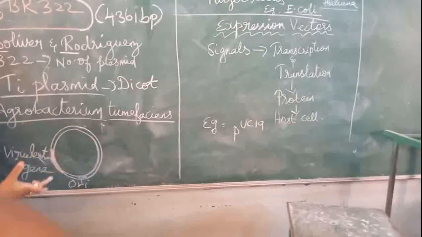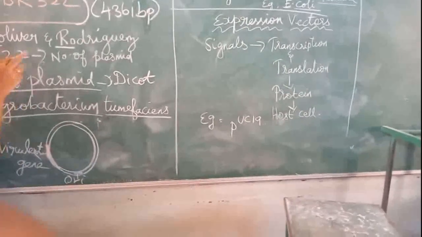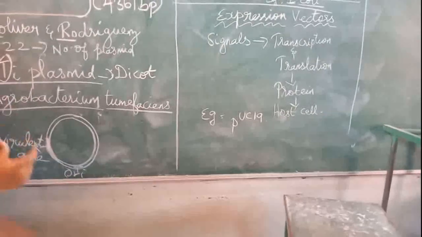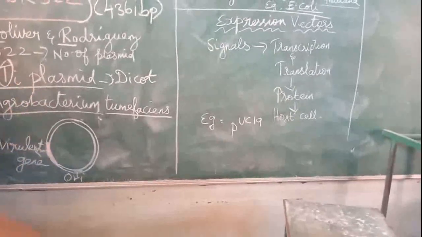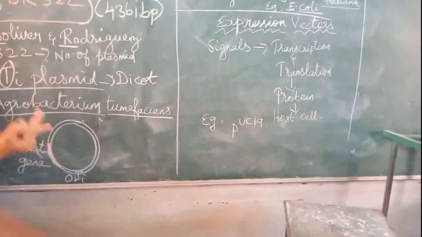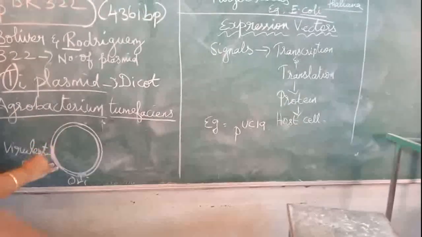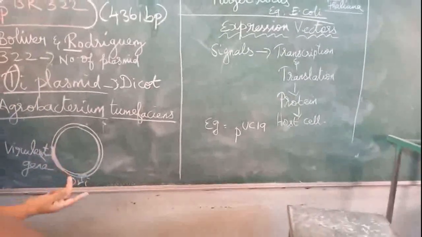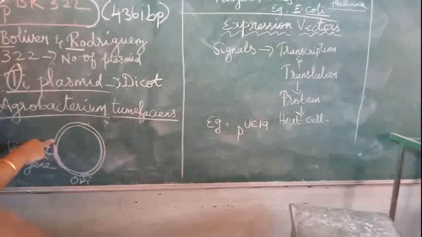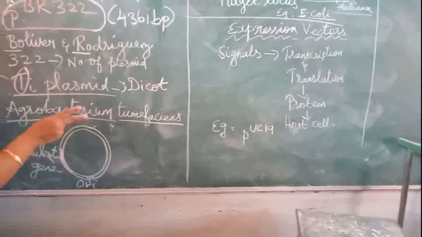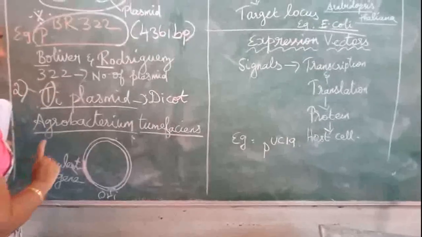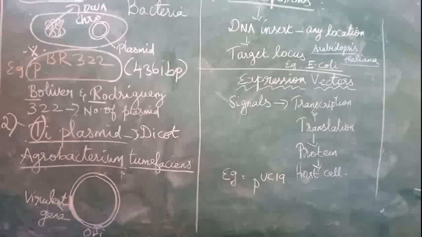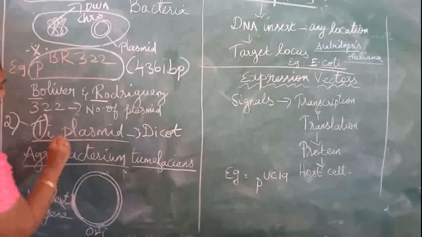So scientists are thinking here: instead of the tumor, if the tumor genes are removed, there is a gap in between. In that gap, if our gene of interest is inserted, the plant will not die. At the same time, our gene of interest is also inserted into the plant cell. So here the death of the organism is stopped, and our gene of interest also gets inserted. So two dual purposes are served by the tumor inducing plasmid. The organism is Agrobacterium tumefaciens, which is naturally responsible for causing the tumor.